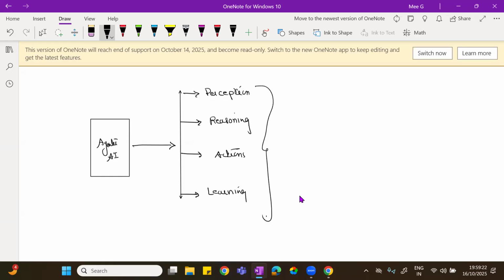Now, how it will be done is, each and every agentic AI agent will do this.